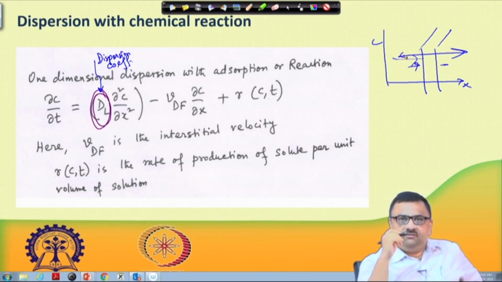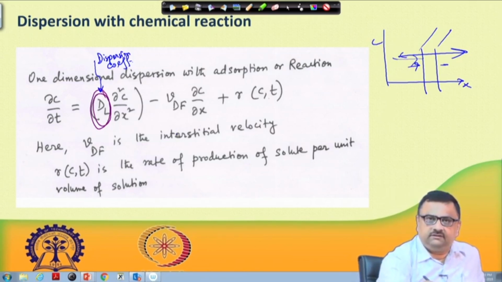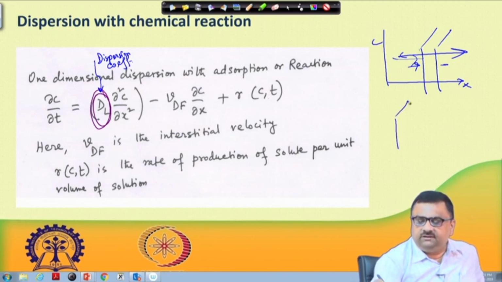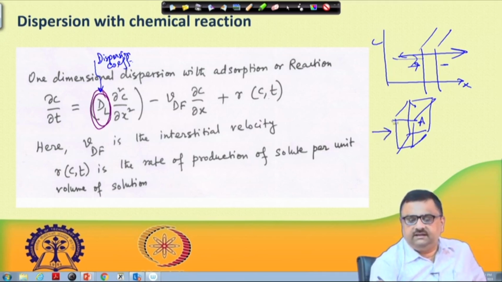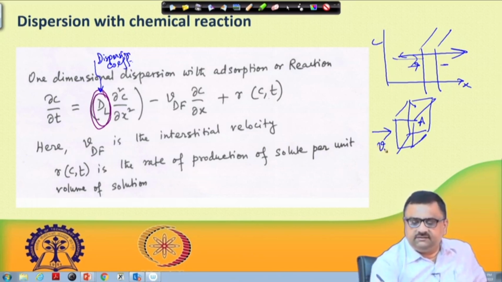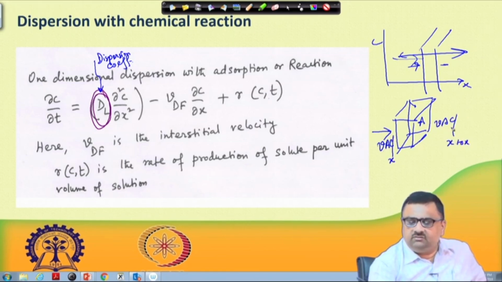Further, you might have noticed already when we defined Taylor dispersion that there would always be some convective term that has to be there. That means, I pick up a differential element, with area A perpendicular to the screen. V is the interstitial velocity in this case. So, some velocity is entering, and this has some cross sectional area. So, this is the volumetric flow rate multiplied by the concentration at x, and here we have the same VAC at x plus delta x, and so we